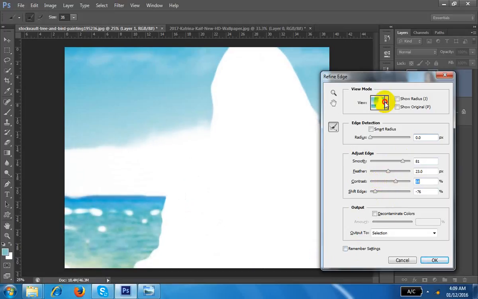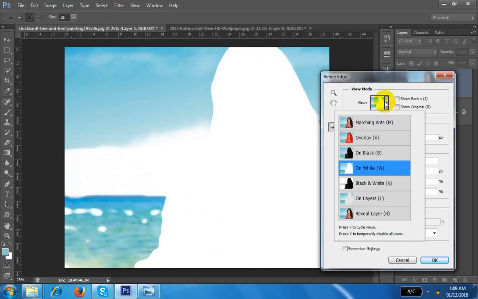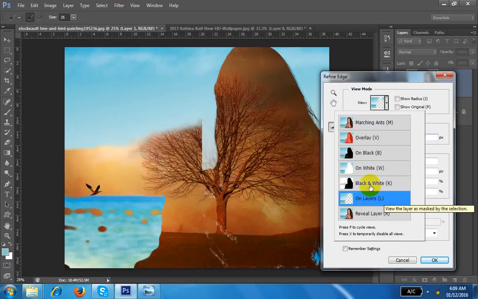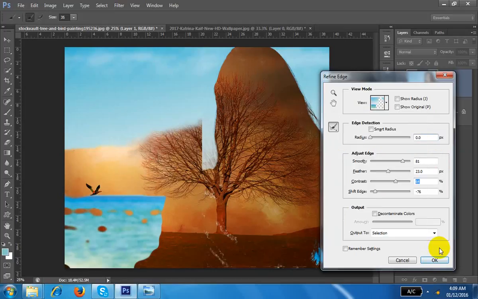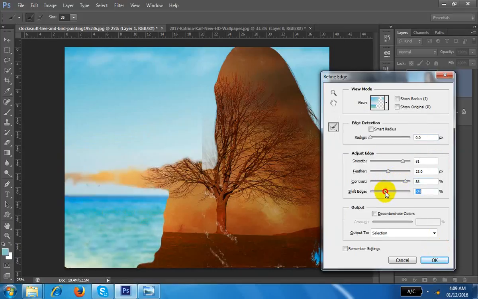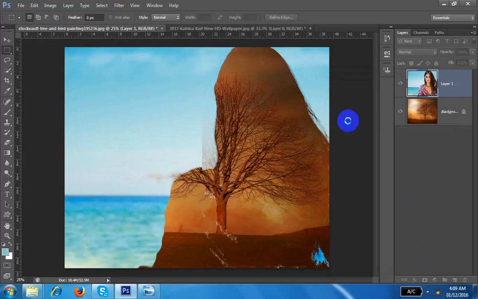Maybe there is no need of a layer, I think. As much as possible, I did it like this. Okay, so you can do Control Alt R.